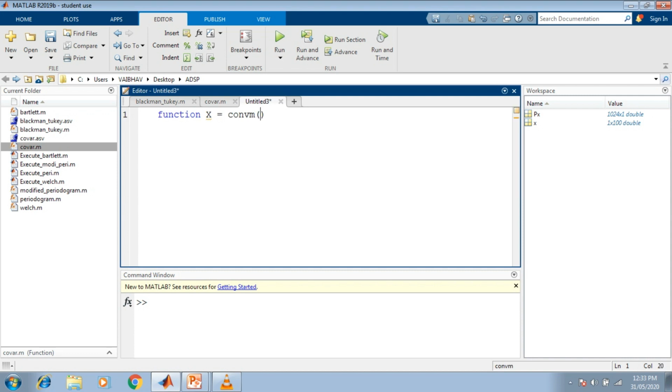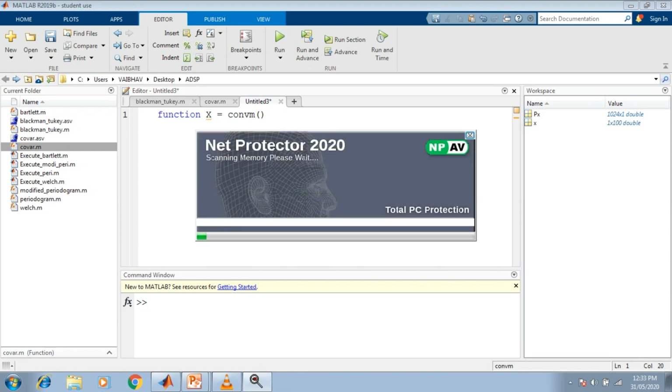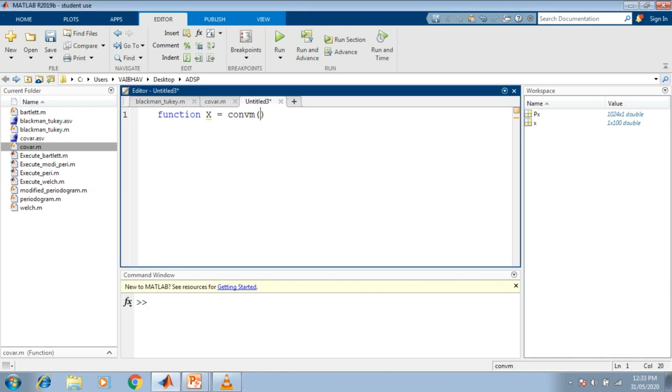This time we have the input arguments X, as in the previous case. Here X is the input discrete time random process which is to be used for the purpose of spectral estimation. Next, the order of the matrix, with the same denotation, is P.